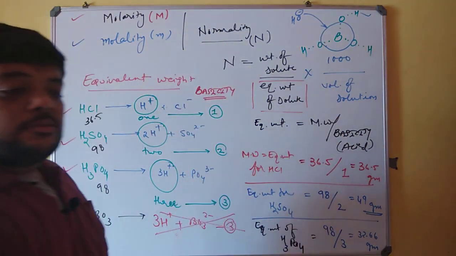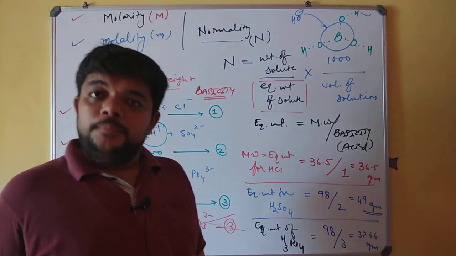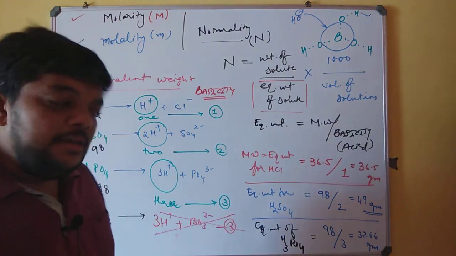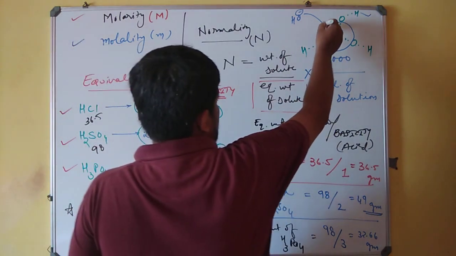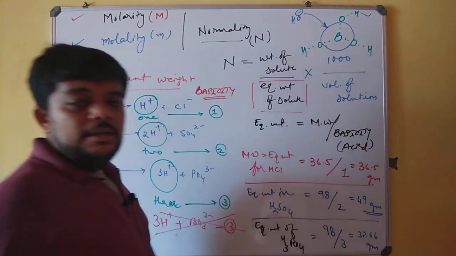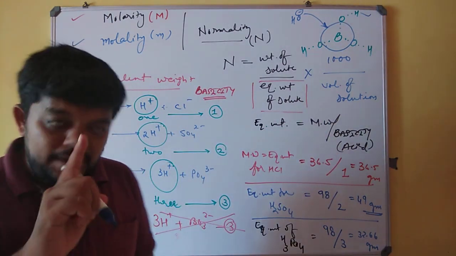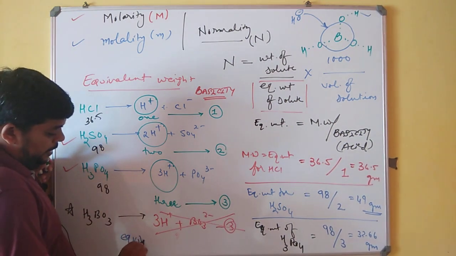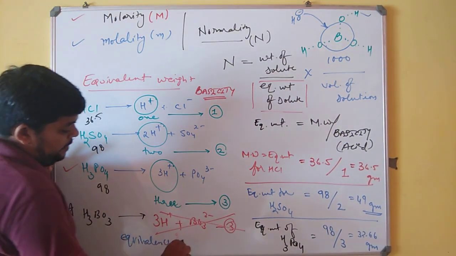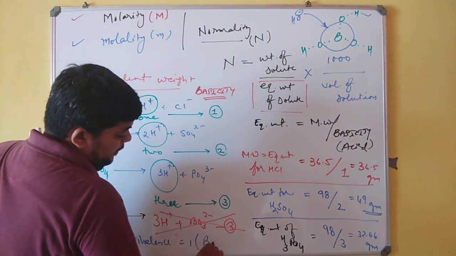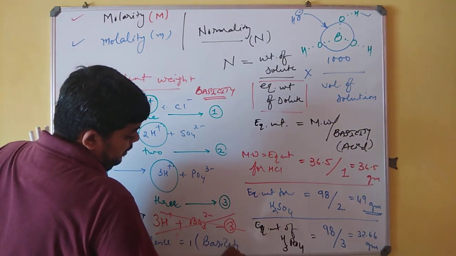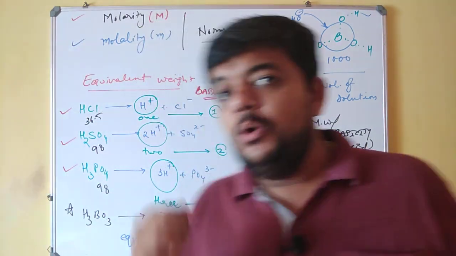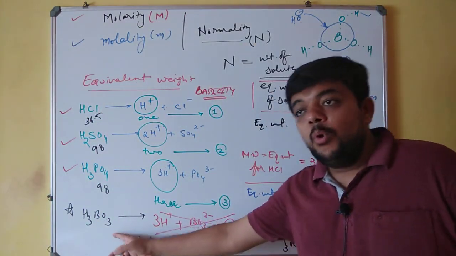when you lose OH minus it is a base, so when you gain OH minus it would be an acid, and being an exceptional case, check the quantity of OH minus gained. The quantity of OH minus gained is 1, and therefore in H3BO3 the equivalence will always be 1. Equivalence for an acid is also called basicity, so the value of basicity for H3BO3, popularly known as boric acid,